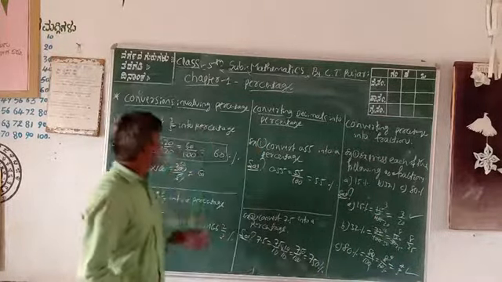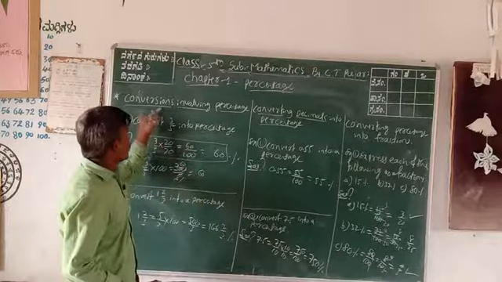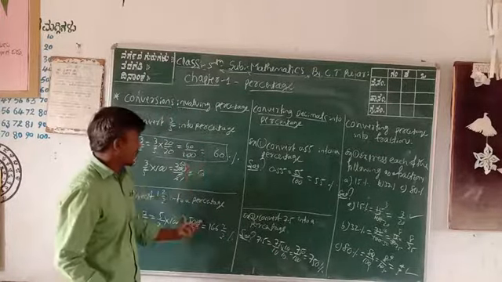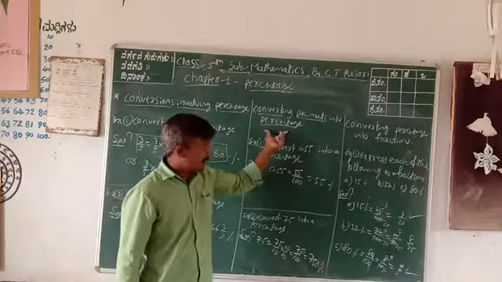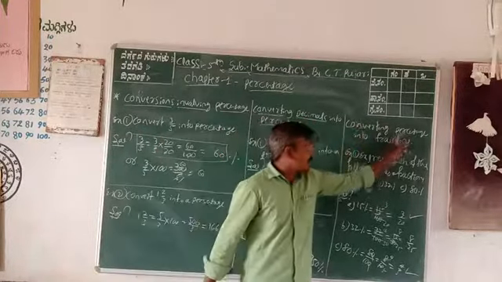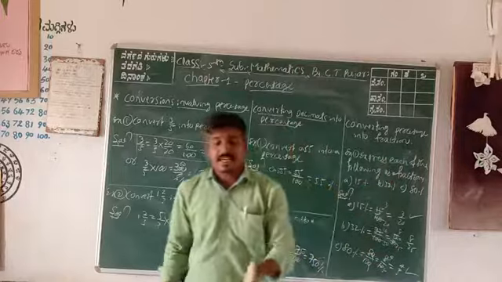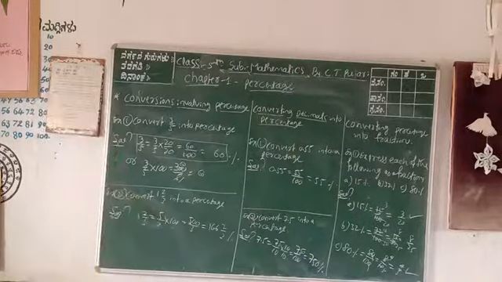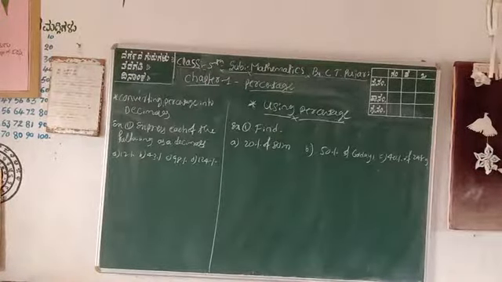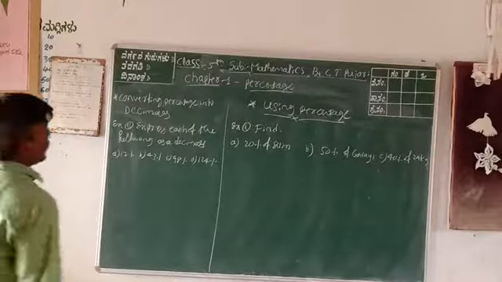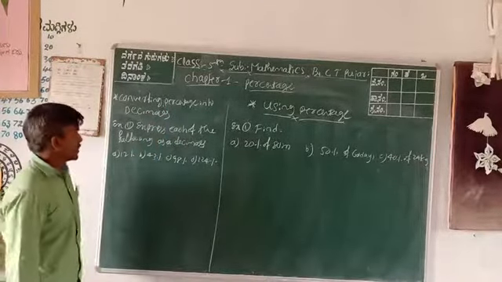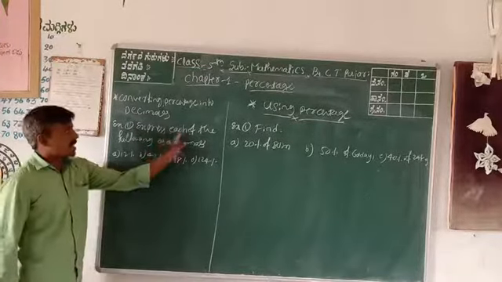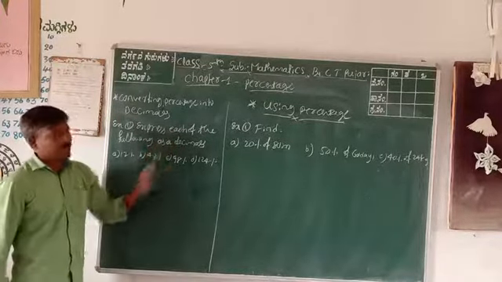The first one is what? Conversion involving the percentage. Next, converting decimal into percentage. Next, converting percentage into fractions. Next one, check the question once again. Next conversion is okay. Next one is converting percentage into decimals.